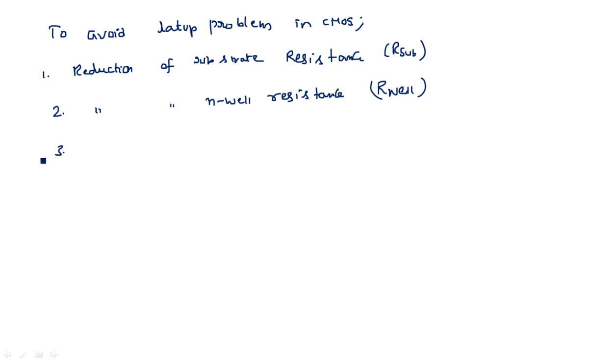Another one is the reduction of R-S and R-W, which means that a large lateral current is necessary to invite latch up, and a higher value of the holding time is also required. Okay, so the parasitic PNP transistor, which is a part of the N-well latch up circuit, has its beta reduced owing to the presence of the buried N plus layer. This has the effect of reducing carrier lifetime in the N base regions, and this contributes to the reduction in the beta. And a few other methods are also there, which are nothing but guard rings